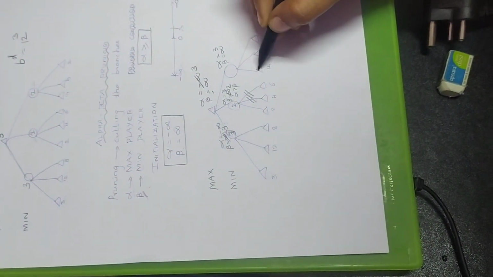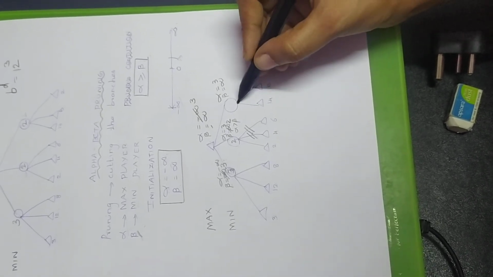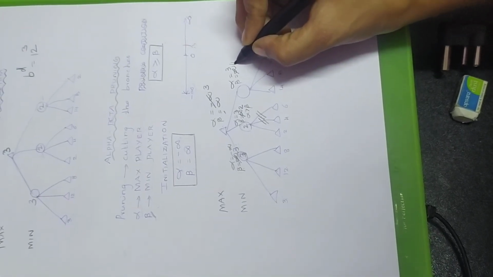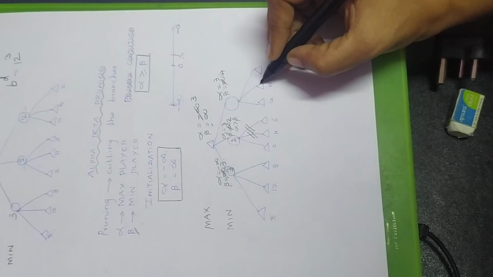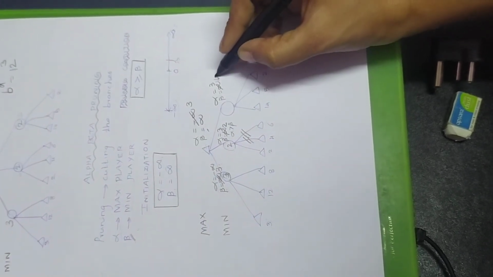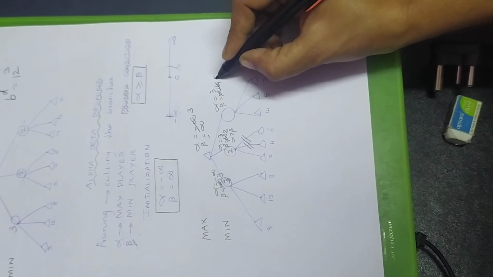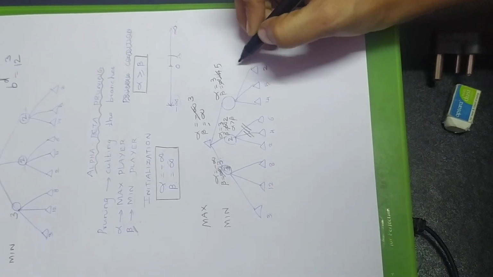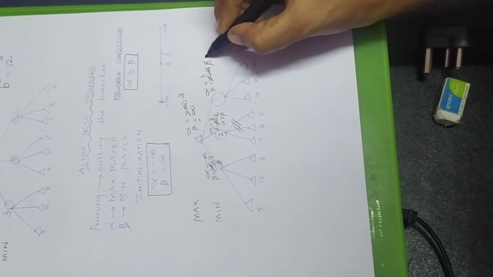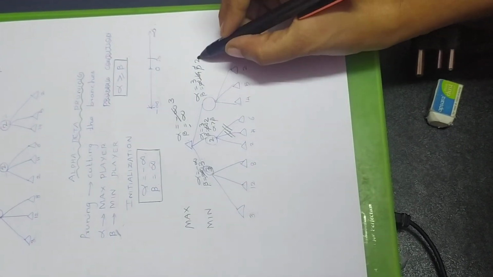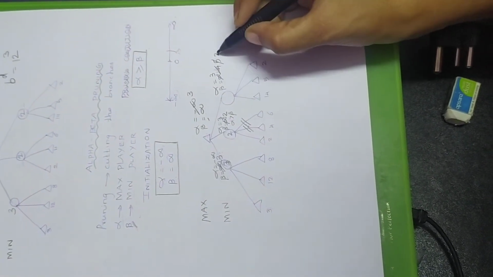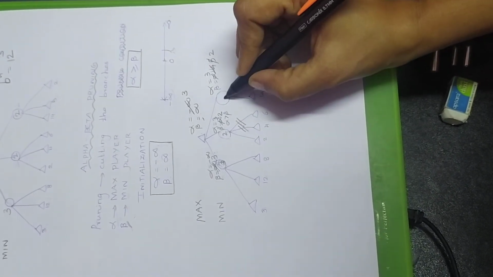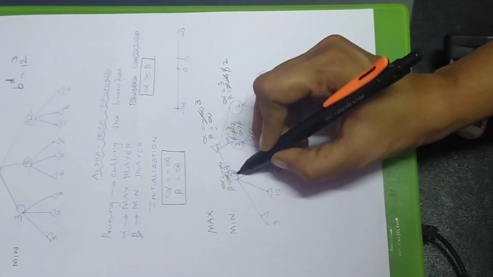And again when we see here, what is the value of the first child? 14. So 14 is less than infinity, therefore it is replaced by 14. Next we see the next child, it is 5. So it is less than 14, therefore we have to replace 14 by 5. And when we consider the third node, it is 2, therefore this 2 is again less than 5, therefore it is replaced by 2. So we will get beta is equal to 2. There is no more value, and you can see here beta is equal to 2, here beta is equal to 2, here beta is equal to 3.